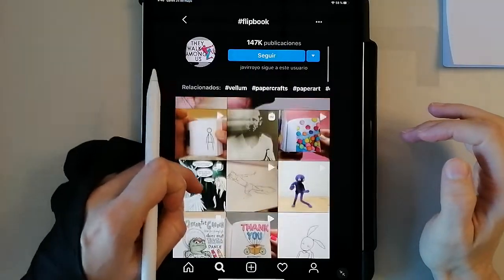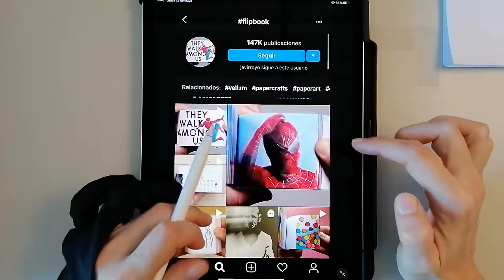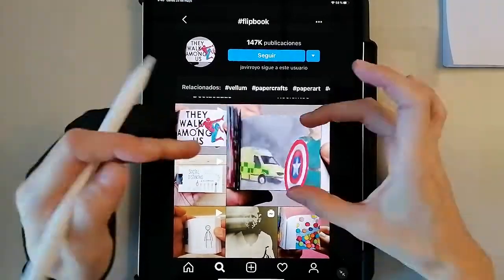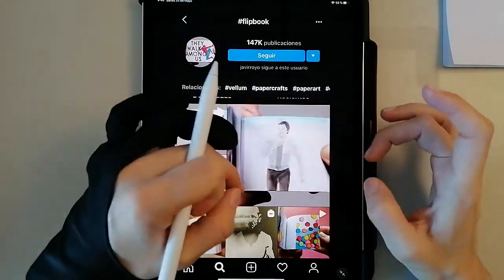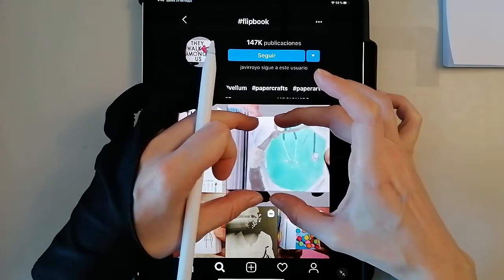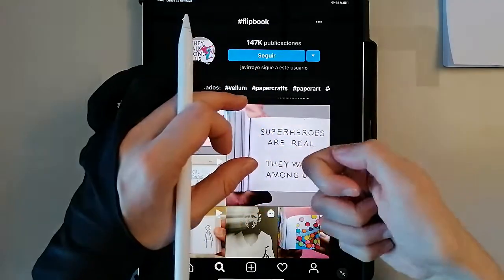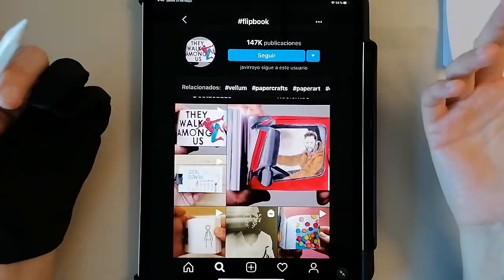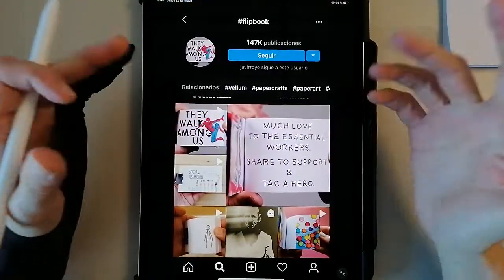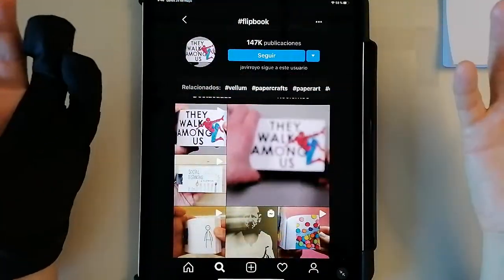So I'm going to show you some examples. For example, this one is not a very good one because it's quite complicated, but the idea is clear. In each page you find a picture, a drawing, and then the next step of that drawing, and then the next step of that drawing, and when you pass them, it looks like some kind of movement. It's like how old cartoons worked and were done, with different layers and steps just to recreate a movement, something that nowadays